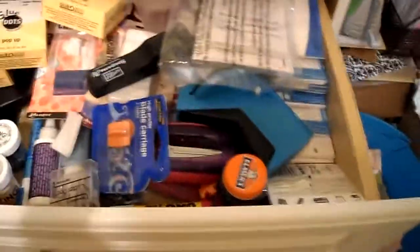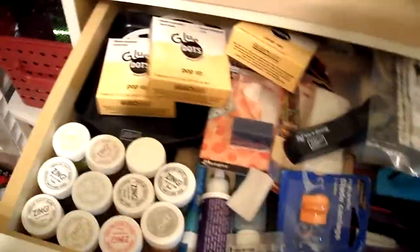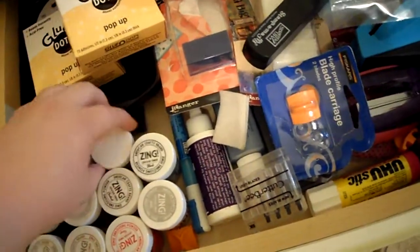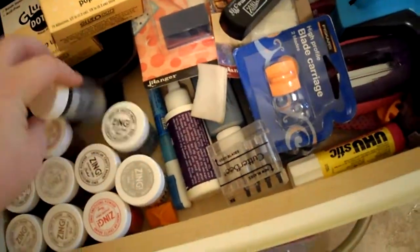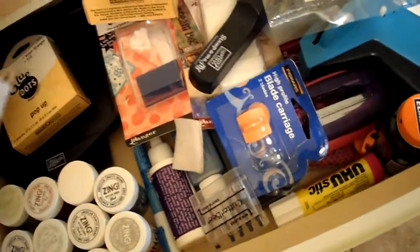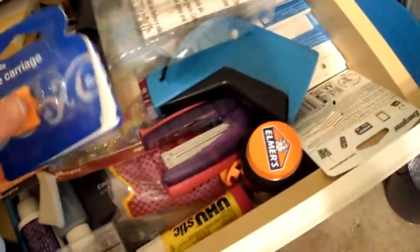And then coming up to this side of the desk is my extra adhesive slash tool slash throw-in-here-what-you-need-to-get-out-of-the-way drawer, pretty much. So I have my loose embossing powders, which are pretty much all Zing except for the black Stampin' Stuff by Stampendous or whatever it is. My extra glue dots are in here, my little embossing tray, extra foam, my Stamp-O-Majig cartridge for my